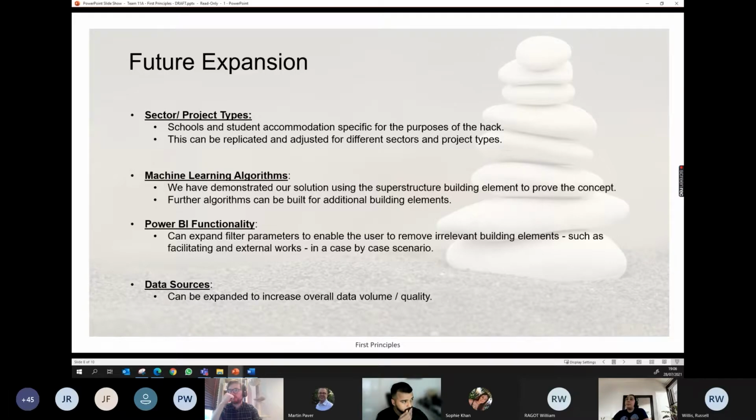In terms of how this can be expanded, we have 4 points. Sector and project type. As Nahid mentioned, we have only taken schools and student accommodation specific for the purpose of this hack. However, it can be replicated and adjusted for different sectors and different project types 100%. In terms of the algorithms themselves, as I mentioned a few minutes ago, we've demonstrated the solution using the superstructure building element to prove the concept, to prove what is possible, but further algorithms can be built for additional